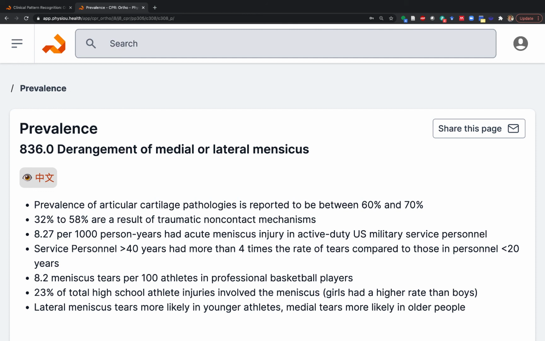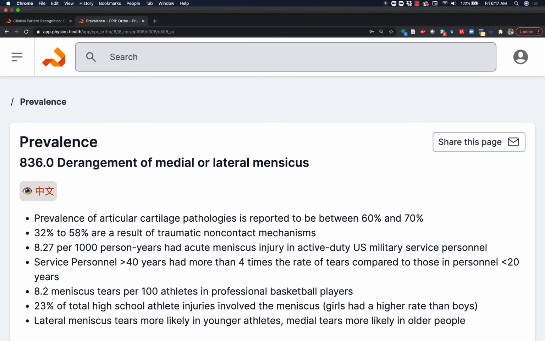Now there's also some data about military personnel that you can look at. Here you see 8.2 meniscus tears per 100 athletes in professional basketball players, right? A lot of planting, cutting and twisting. 23% of total high school athlete injuries involve the meniscus. Girls had a higher rate than boys. And lateral meniscus tears are more likely in younger athletes, medial tears more likely in older athletes. Okay, so if we go back here,